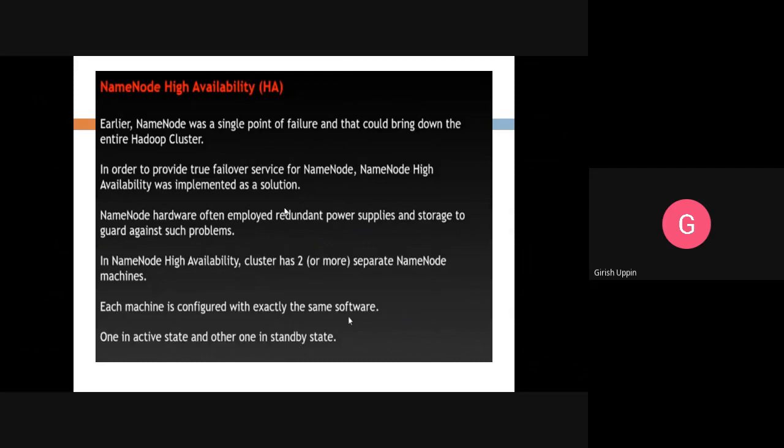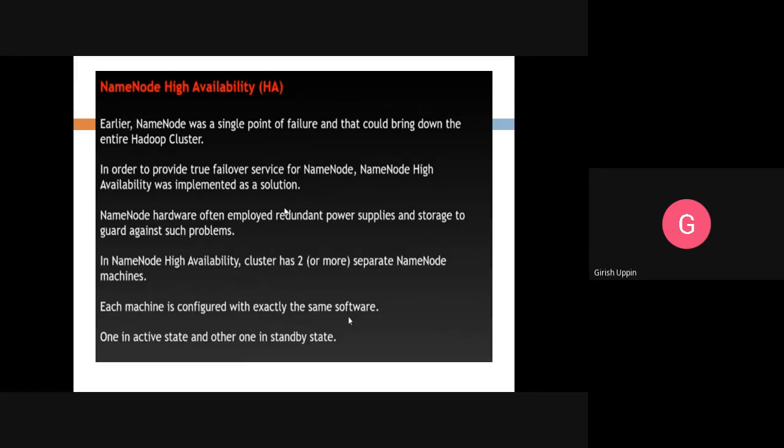But the problem is if something goes wrong to the name node, suppose there is a hardware problem, then we will lose all the information, because whatever the state of the HDFS, it is stored in the memory of the name node, right? Even though we can reconstruct, we have the backup, there is definitely a time lag between the changes and what the secondary name node has, so there is a possibility of losing some of the data.